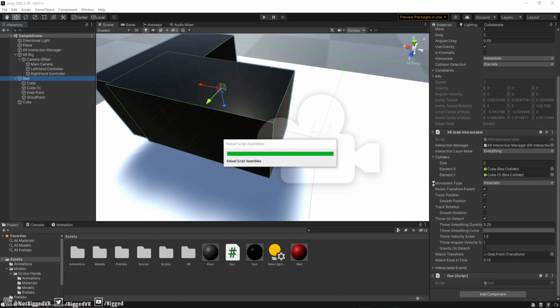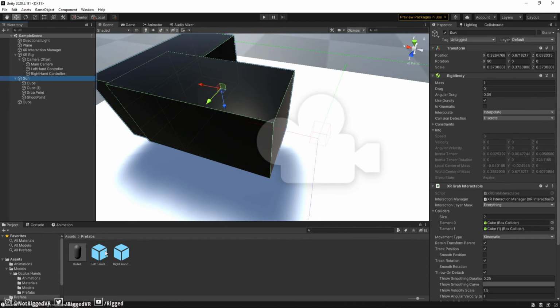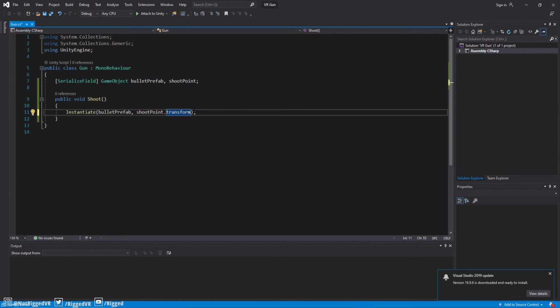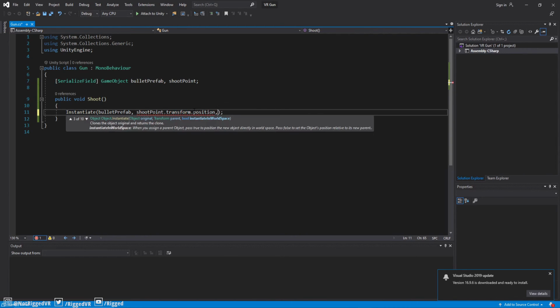I forgot you're actually going to want to serialize these fields or make them public, either one works. If you remember, we created a bullet prefab. If you drag that into here, and you drag the shoot point over here, that should be good. So we're going to go back to our script, and we're going to change shoot point.transform to shoot point.transform.position, and then